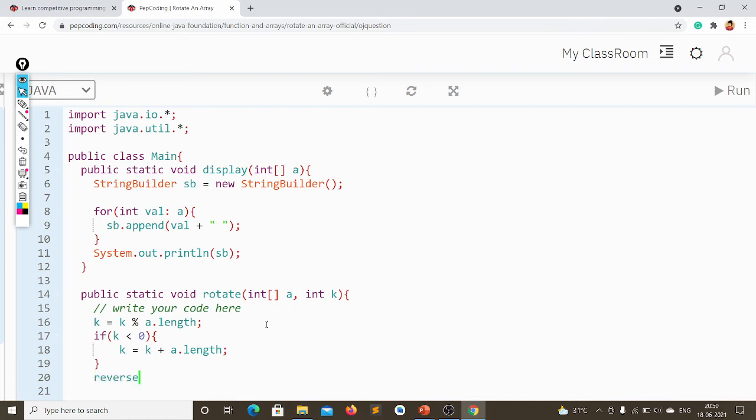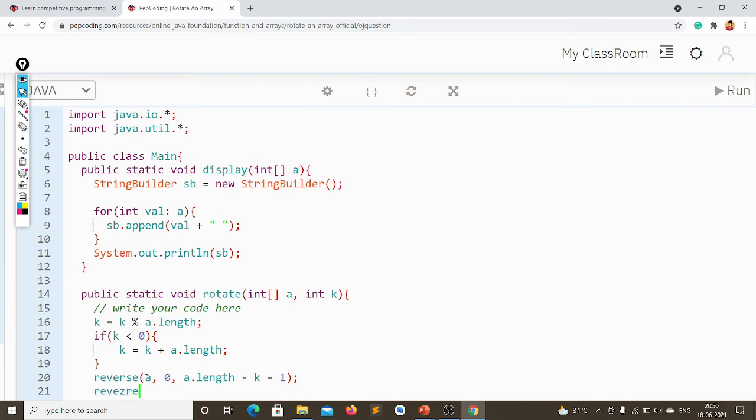And again, you have to reverse. I will write the reverse method later. What is the first thing? You have to divide that array into two parts. Let's take the array and reverse from 0 to a dot length minus k minus 1. That is the first reverse.